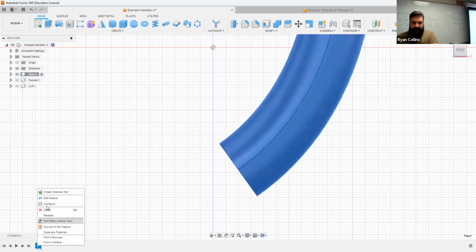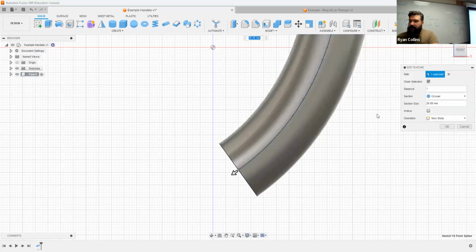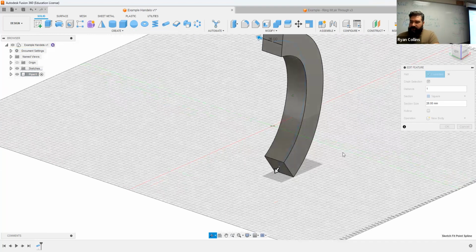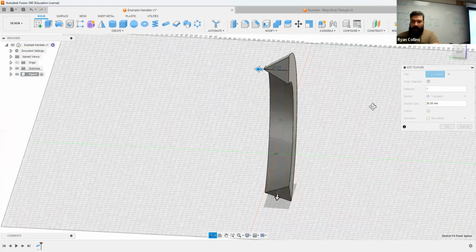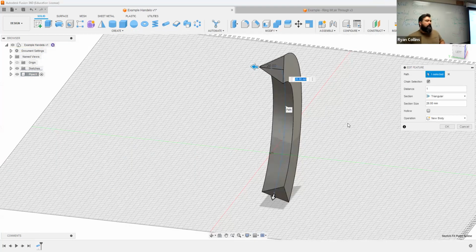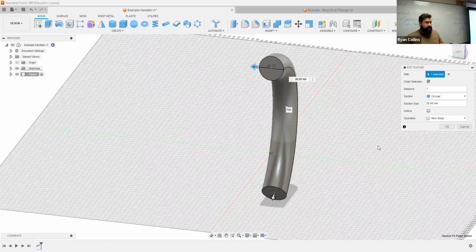play with the options here, bring up the edit feature tool. So again, you can make this circular, you have square, and you can see it turns it into a square object. Triangular, there you go. Why would you use a triangular shape? This is really handy for creating an object to cut away from other objects. You can use triangular pipes generated around an object to make custom screws or something like that. Actually, you could do the same with circular tools and using a